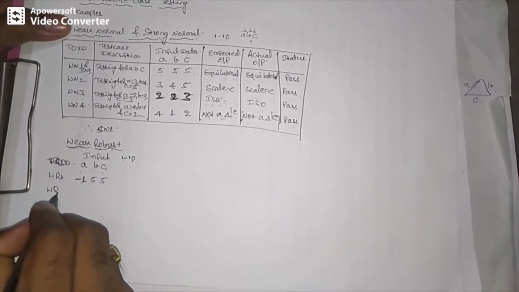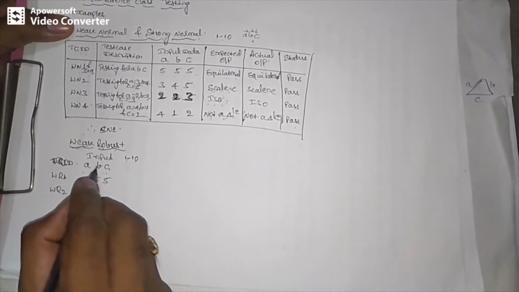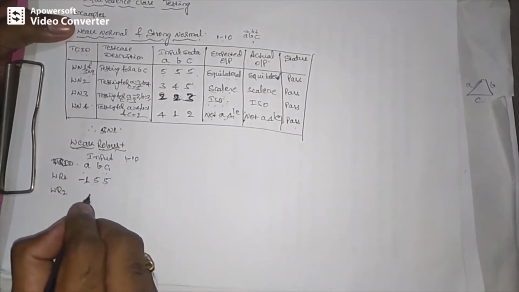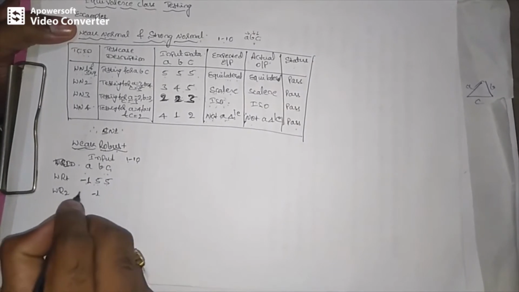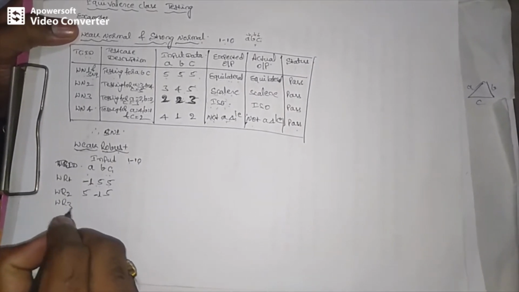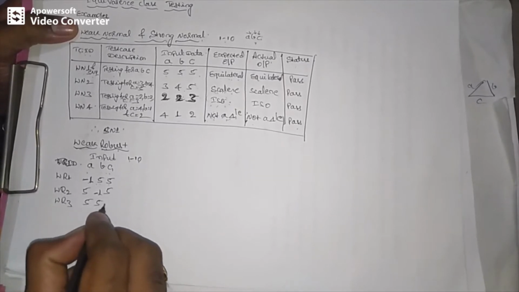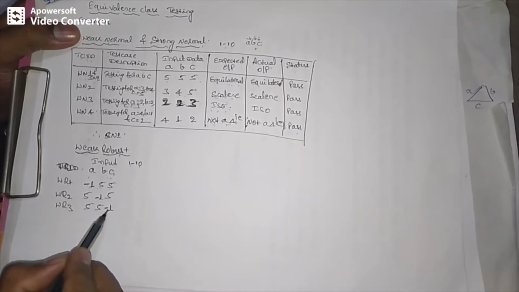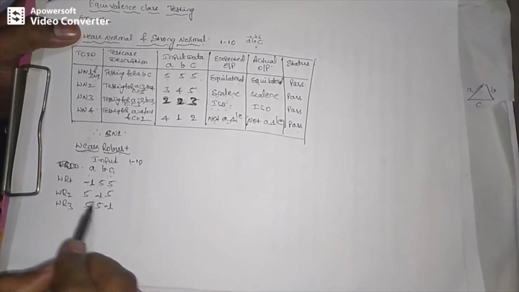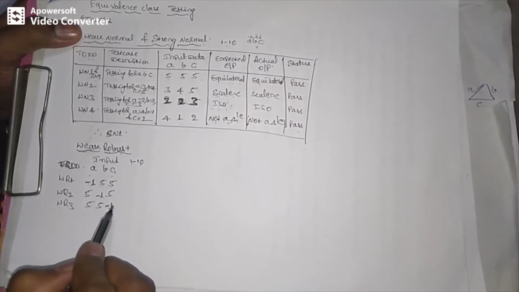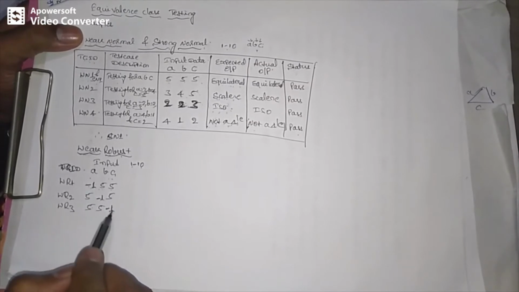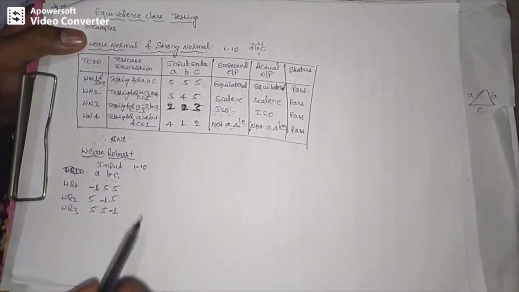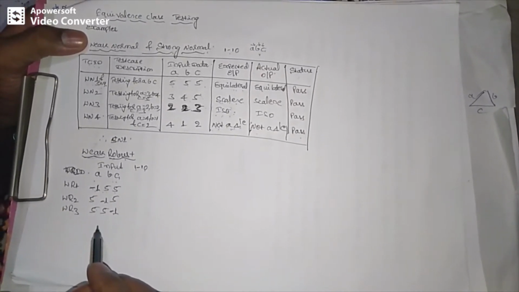Next test case, now I need to make B and C invalid. Next time B will be invalid and the other two will be valid. Next time C will be invalid and the other two will be valid. Now you can see minus 1, minus 1, minus 1. This is what we call single fault assumption. So here I have written test cases for only one corner, that is the minimum minus corner.